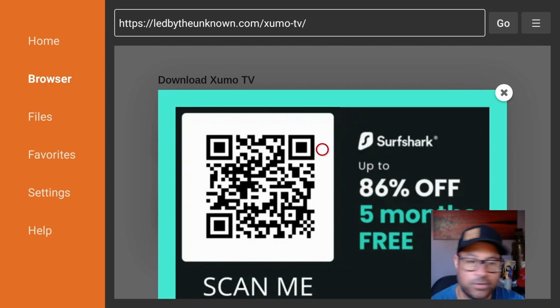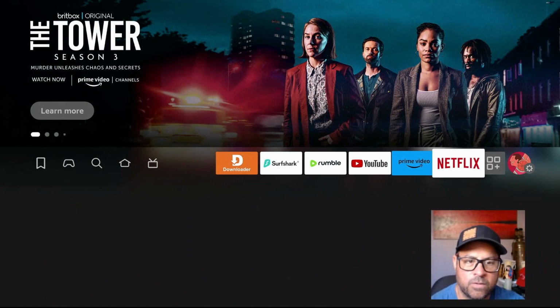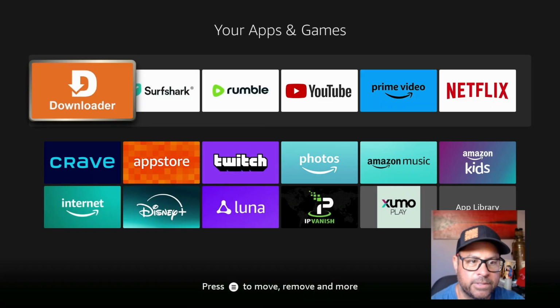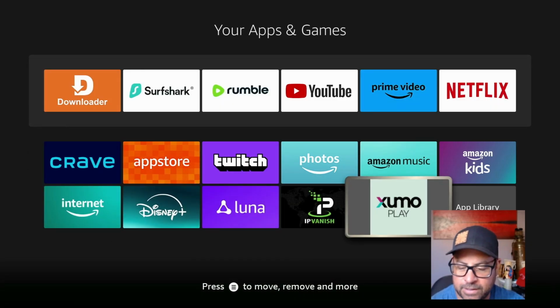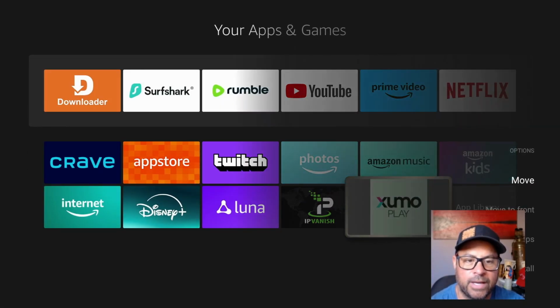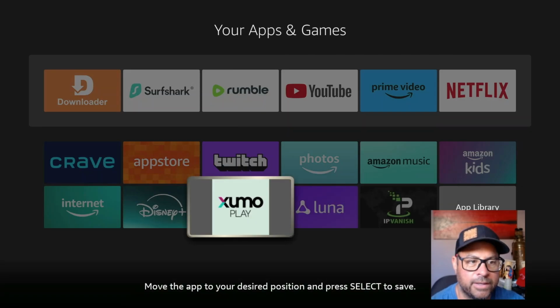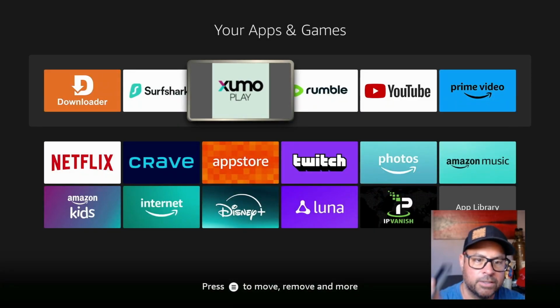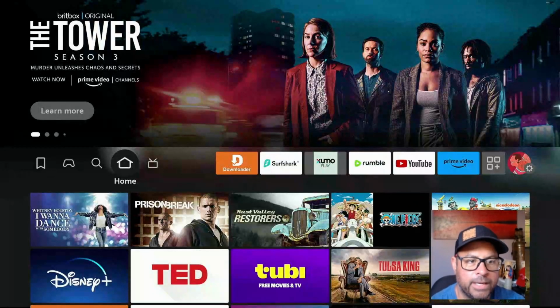Now guys, check out all the other apps in there. I'm sure you'll find something you will really like. Let's go back to the home screen and let's go find Zumo. So back to your apps and games section, Zumo right at the end here, and we can highlight it with the 3-line button, and we can move it. Like, let's move it up here between Rumble and SurfShark. Now we can hit,